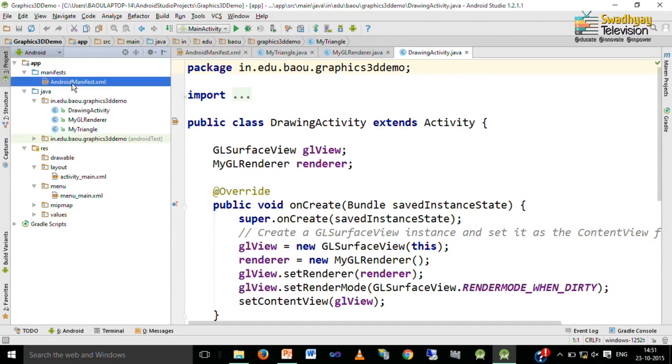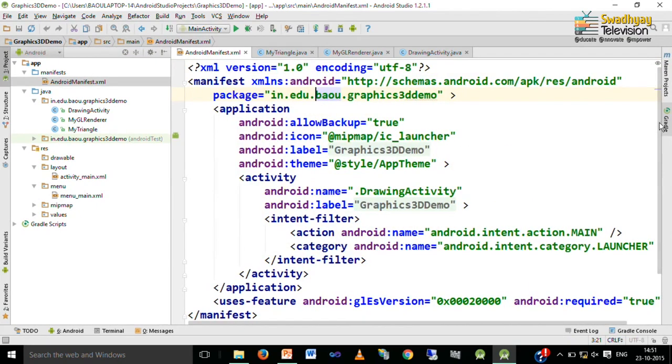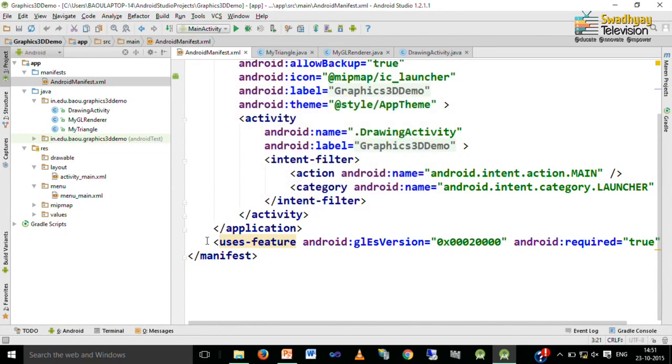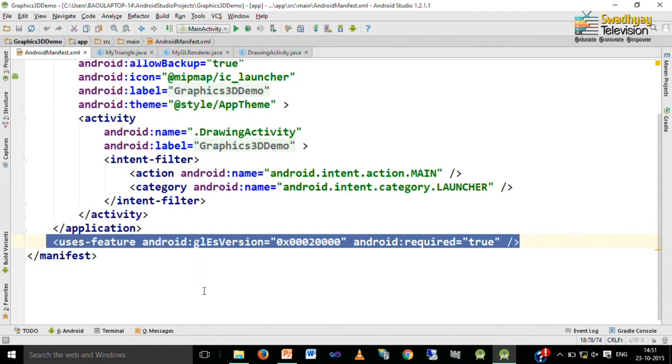And we have specified that we want to use OpenGL ES in the Android manifest file using the uses-feature tag. So, first we look at this manifest file. Here is our manifest file, and on screen you can see we wrote these highlighted lines, which are the uses-feature tag. We have already discussed this tag. So, you must include these lines in your manifest file. Next, we discuss how to draw a triangle.